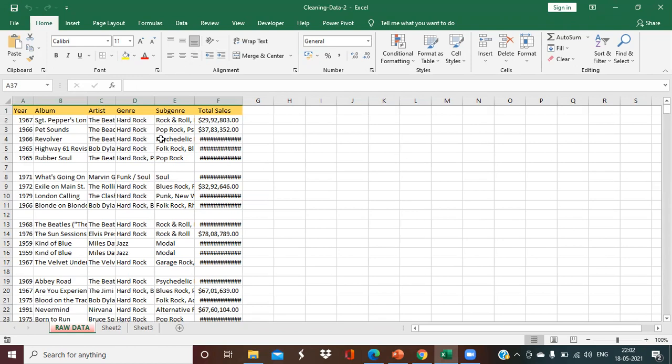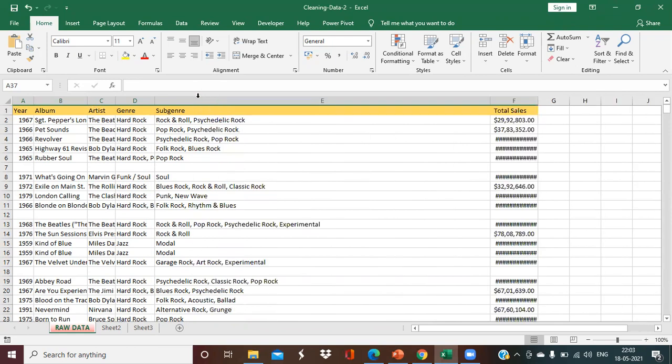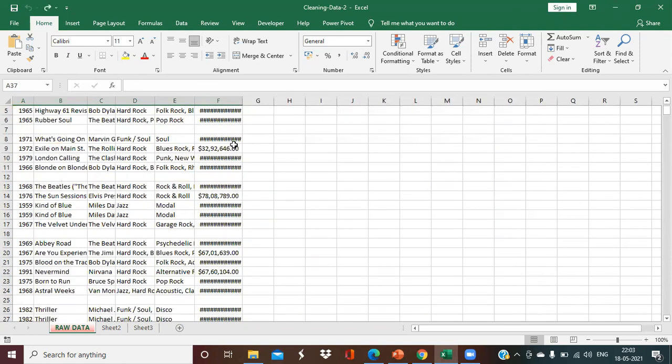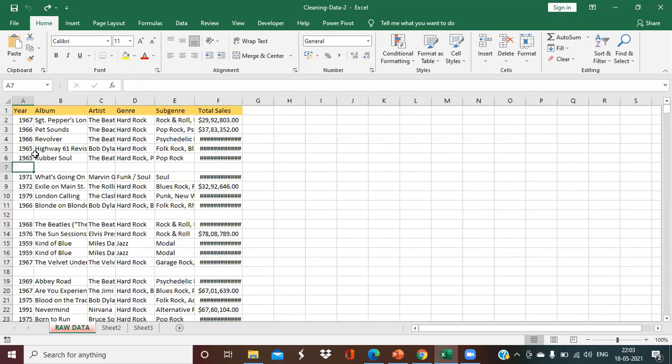But before that, I want a proper glimpse of my data set. If I double click, I can resize my columns accordingly, but that's a common thing. When we have too many columns, widening each and every column can be irritating. So we can select the first column, press the Shift key, select the last column, selecting all the columns in a single go, and double click on any column name.